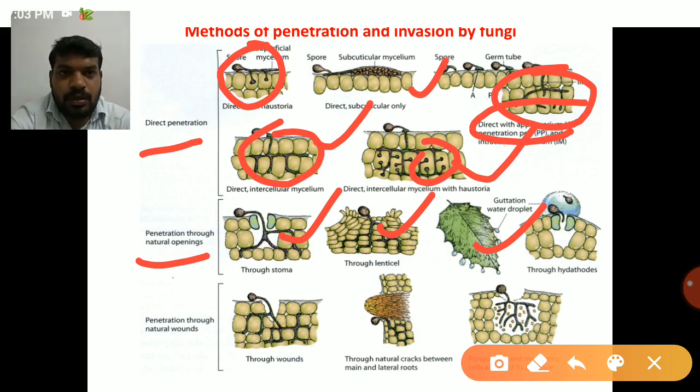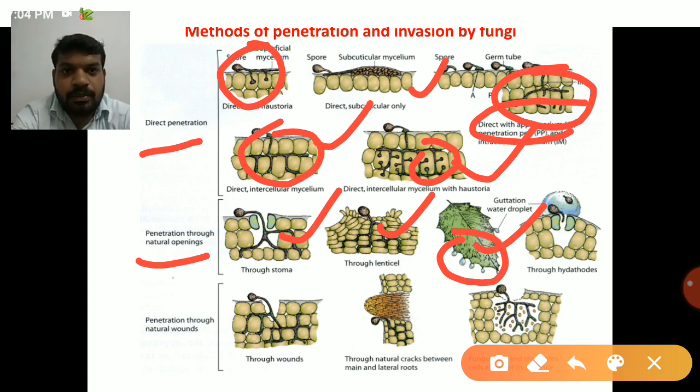So through this opening, our pathogen easily enters the plant. So next one is through lenticels. Lenticels are raised pores that appear in the plant bark or woody bark. They are also for gas exchange. So next one is hydathode. Hydathode is also a pore present at the leaf margin to excrete extra water at the time of high humidity,